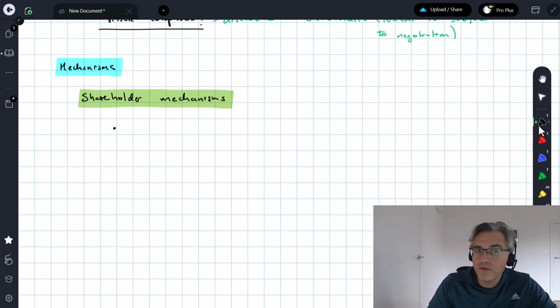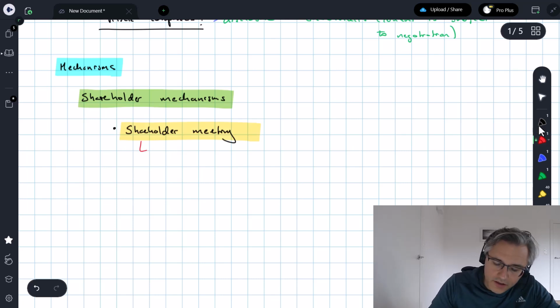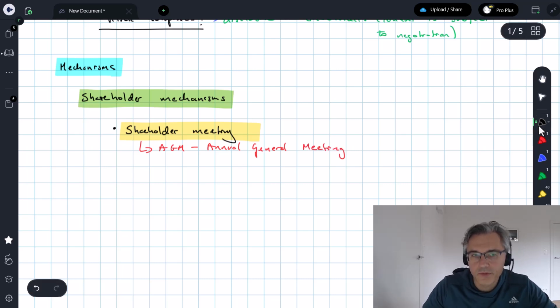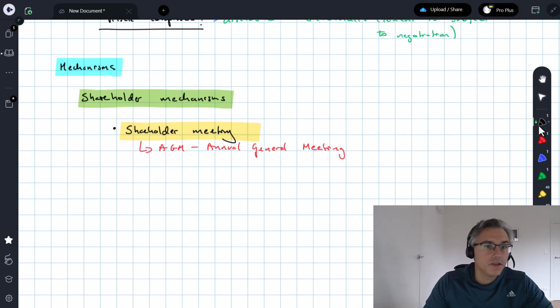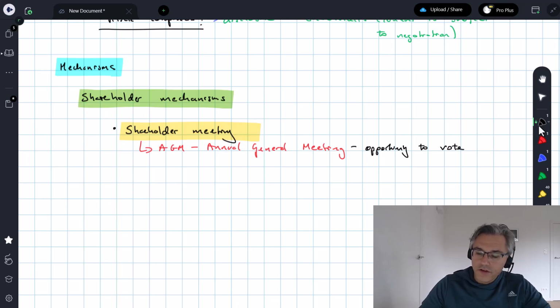And the most important way in which shareholders exercise their rights to have a say is at the shareholder meeting. This meeting may take on two forms. The first is your classic so-called AGM, which obviously stands for Annual General Meeting. Depending on where you are in the world, there may be different practices with regard to this. Where I live in Europe, these meetings for publicly listed companies typically take place around late spring, early summer, like May or June. And at the annual general meeting, all the shareholders have an opportunity to vote. That is, exercise one of the most fundamental rights associated with holding common shares, to vote on issues